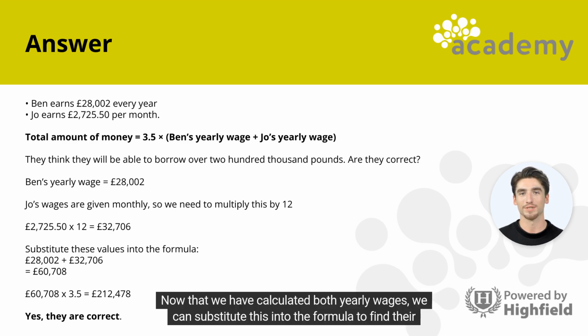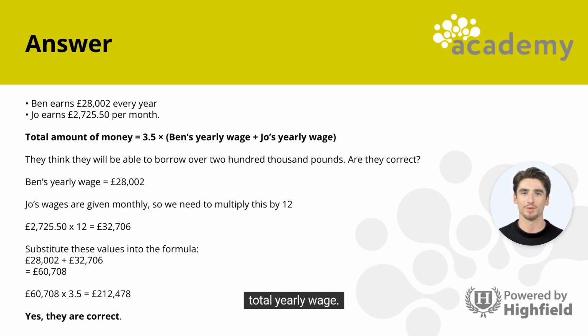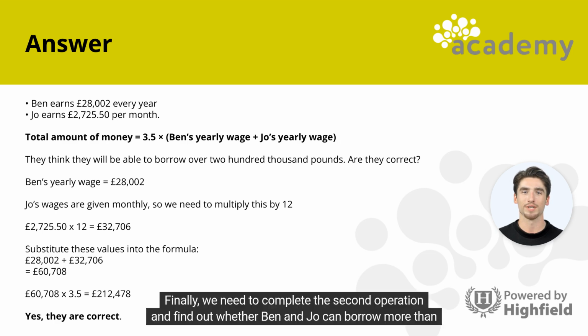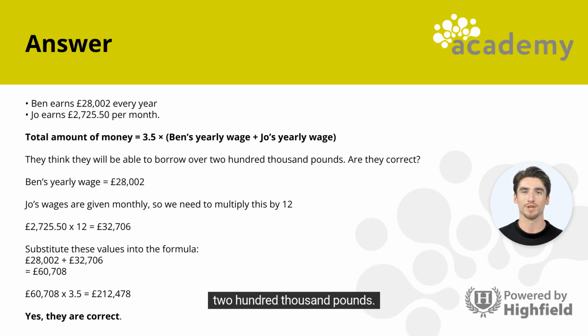Now that we have calculated both yearly wages, we can substitute this into the formula to find their total yearly wage. £28,002 plus £32,706 equals £60,708. Finally, we need to complete the second operation and find out whether Ben and Joe can borrow more than